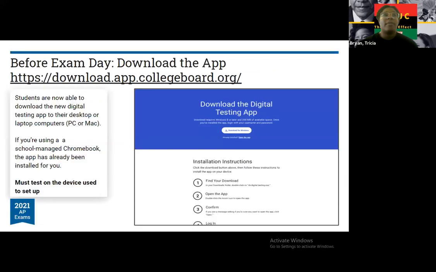So the big one is you have to download the app if you're using a personal computer or your own Mac. This is the website to download the app, or you can just Google AP Digital Testing App and you'll get to this website, and this is what it looks like. It'll automatically pop up download for Windows or download for Mac, depending on what you're using. I know that some students were having trouble